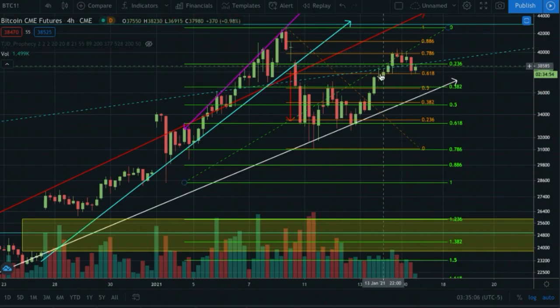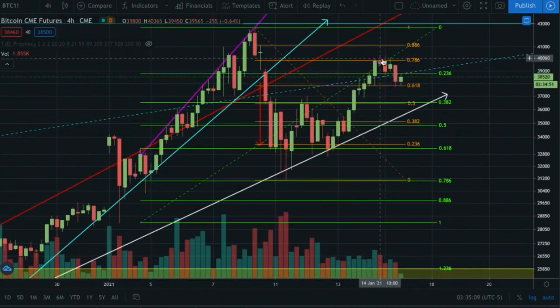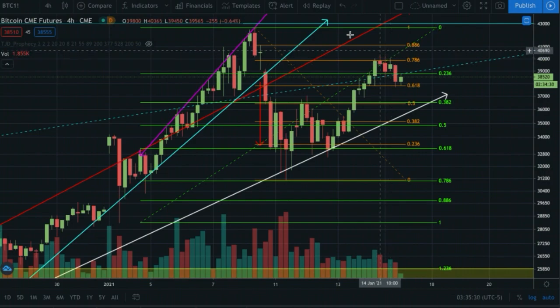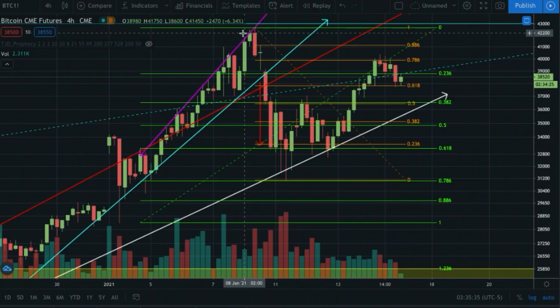So it looks very likely that we would come down. Essentially we came up to the 786, came down to the 618, we would come in again and put in a lower high, and then come down to the 0.5, which is going to line us up perfectly at the 382 in green and the 0.5 in orange at that 36,570 range, or roughly around there. At that point in time, we'll see, can we find support on this white line again and then get continuation to the upside, take out this micro high, and then eventually take out the macro high and move to higher prices, potentially like the 44,000 or $50,000 range, or are we going to break down from this and get continuation